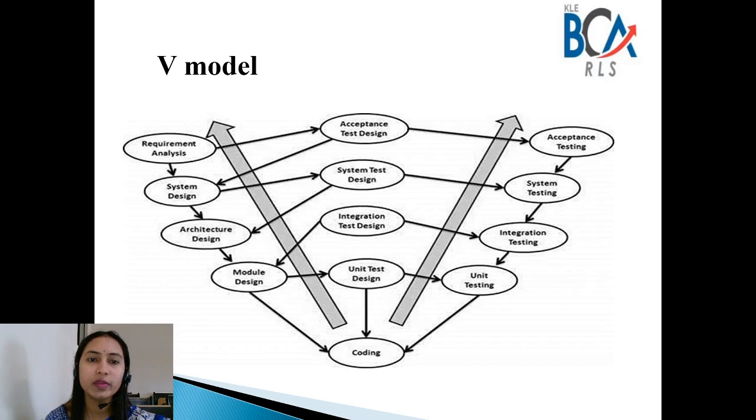Usually more than one technical approach is proposed, and based on the technical and feasibility study, you have to take the decision, for example, on which programming language you want to develop the application. In this phase the high level design is developed and given to the next phase. The next phase is module design, where you design each and every module. Low level design happens here.